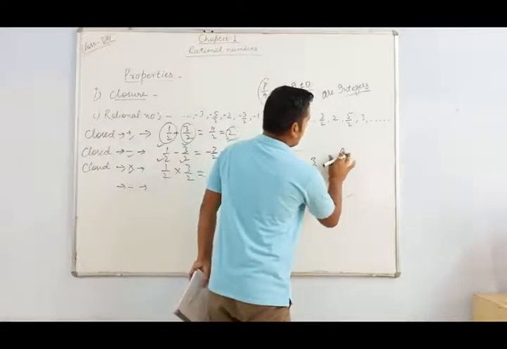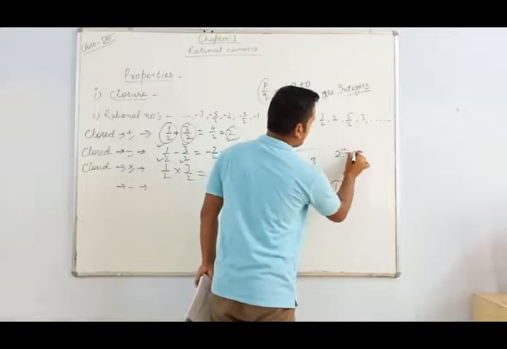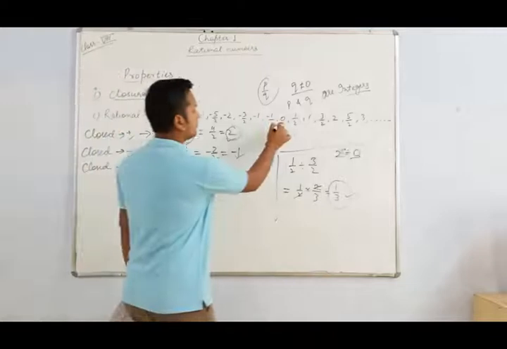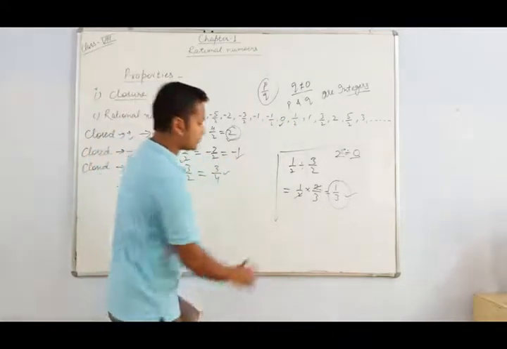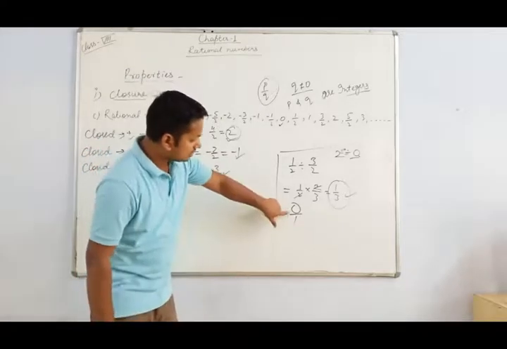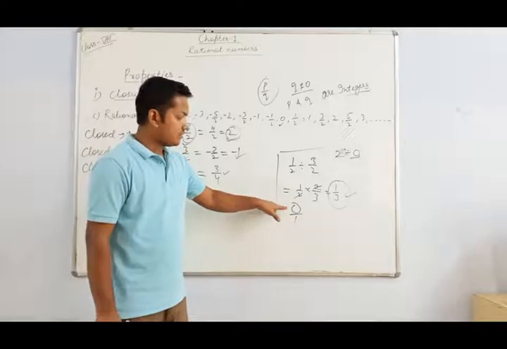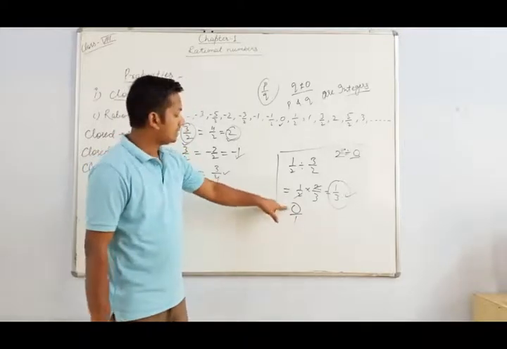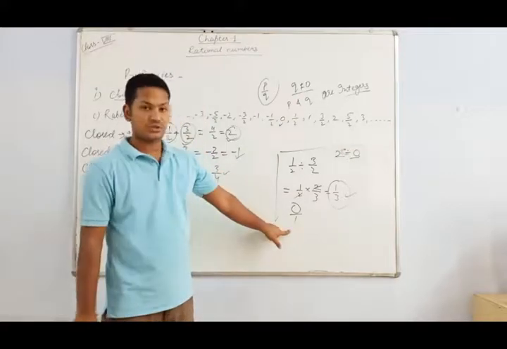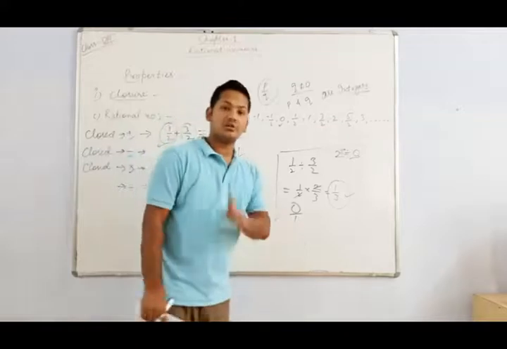When you will be dividing some number, let's say 2 divided by 0. Is 0 a rational number or not? At first we have to check it. Yes, it is a rational number. Why? Because it can be expressed in the form of P upon Q. We can write 0 as 0 upon 1, where Q is 1, that is not equal to 0. That means 0 is a rational number.